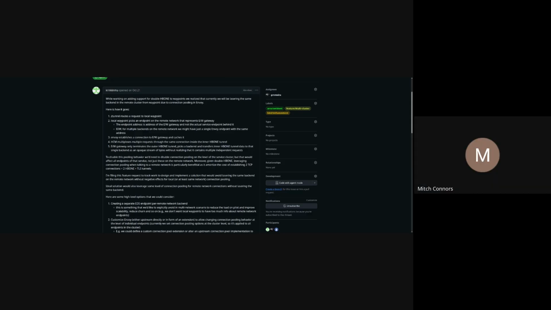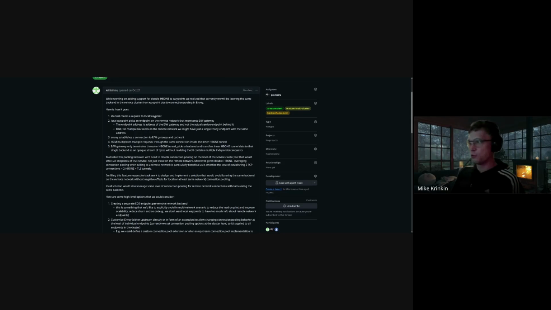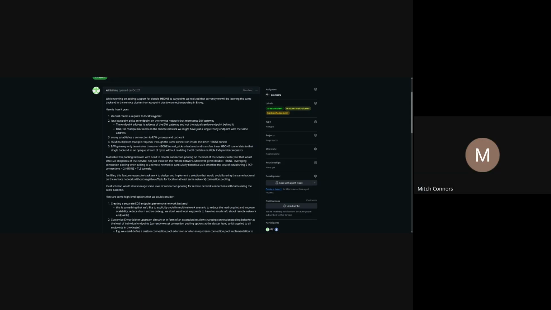Right. That's the biggest issue. That's why we don't want to do that. Like, we'd rather take lasering than that. Yeah. Right. Okay. The other problem here, by the way, is Waypoint itself is fan-in, right, from the client workloads